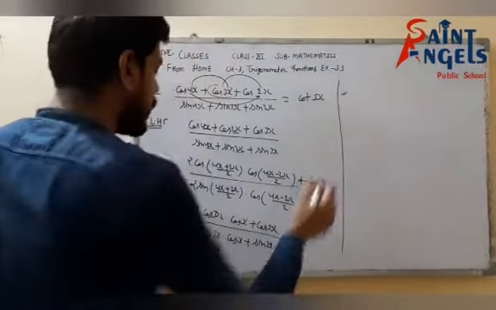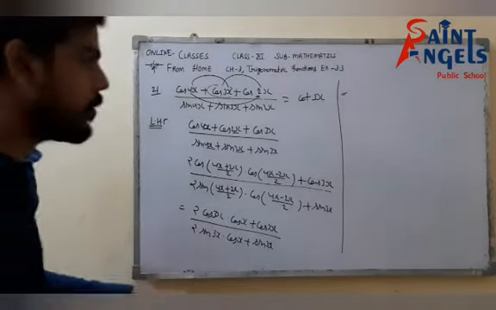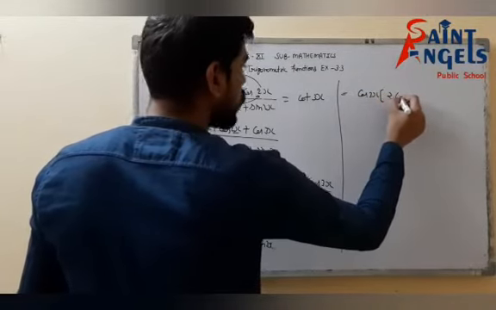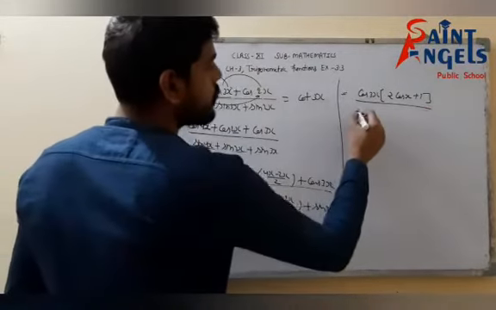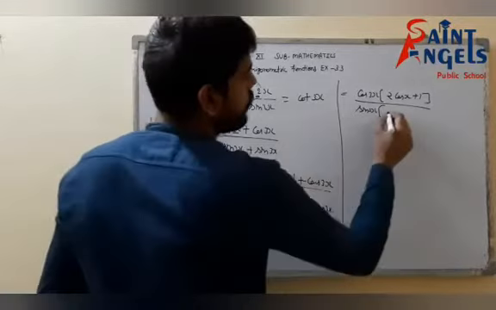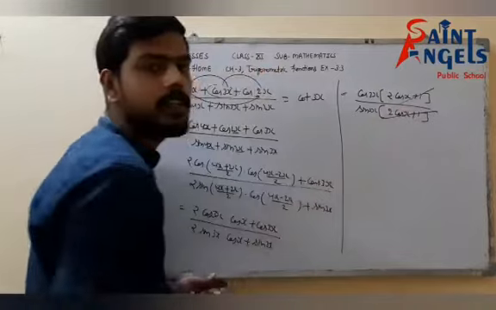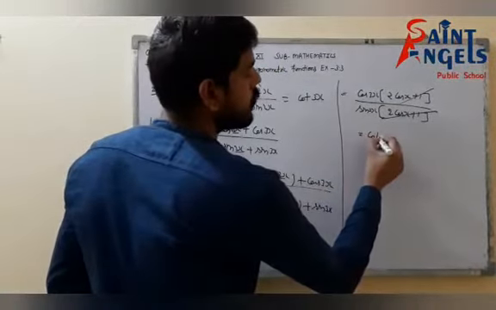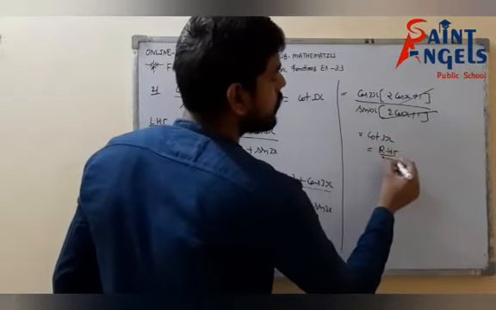So beta, from here I am taking cos 3x as a common, and from here I am taking sin 3x as a common. So I am taking cos 3x as a common over here. So I am left with 2 cos x plus 1 upon sin 3x. So here I am left with 2 cos x plus 1. So beta, that would be cancelled out. So we are left with cos x upon sin, which is what? Cot. Equals cot 3x, equals our RHS. Hence proved.